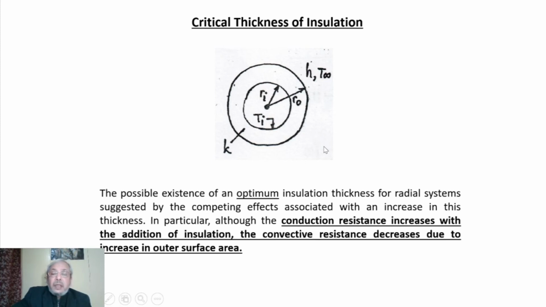In particular, although the conduction resistance increases with the addition of insulation, which means there is a possibility of heat transfer being less, the convective resistance decreases. Convective resistance decreases means there is a possibility of enhancement of heat transfer due to the increase in outer surface area. So there is a possibility of optimization, because one effect,